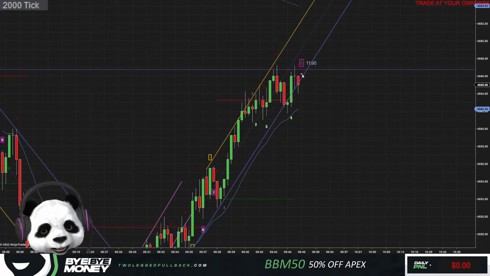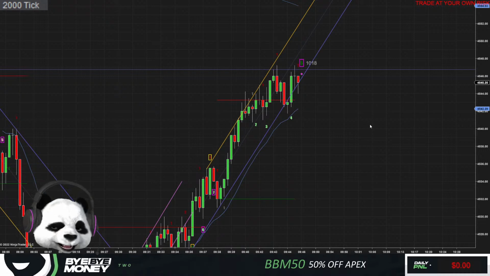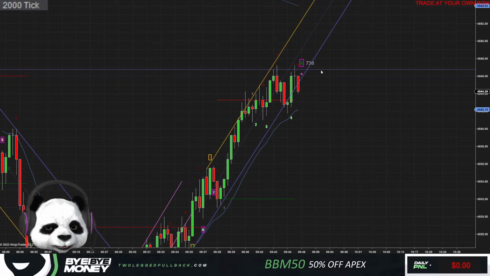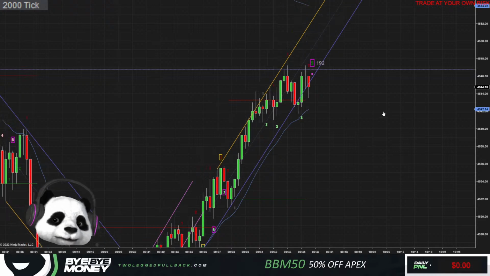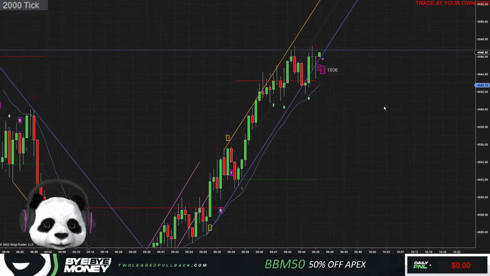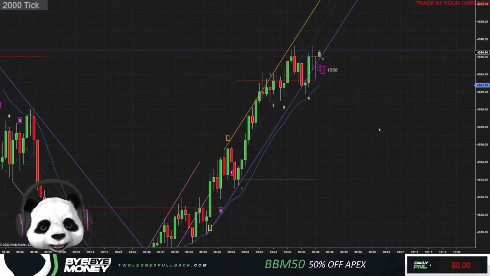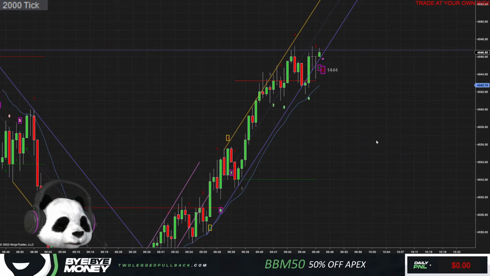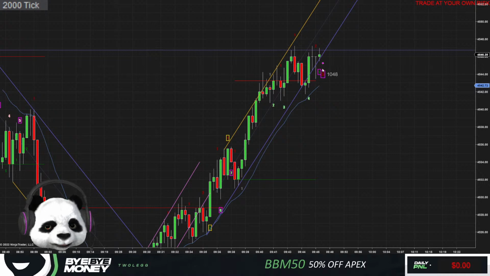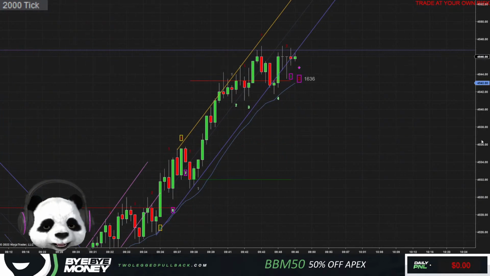It's hard for me to even go long here at this point because we could be hitting our heads here. The first time we get a second entry long happens to be right at the point of contention, which makes it difficult for me. Clearly above the 20 MA. Could be hitting our heads here, so I can't go long. We do have a potential failed second entry long here. I'm almost more enticed to go with the failed second entry long here, but I'm just sitting on my pause. I need more. I need a clear direction here. This is too unsure for me.